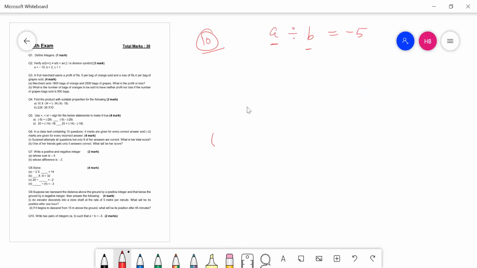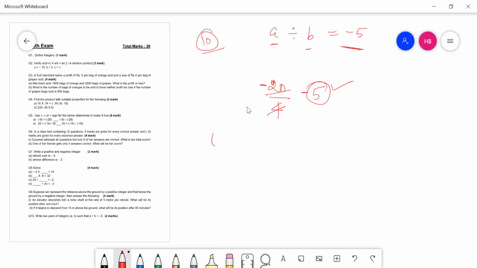Again, there can be many answers to this. One such answer which you can find is 20 divided by 4, right? 4 fives are 20, so I get 5 as an answer, and make one of them negative because my answer is minus 5. You want the answer as minus 5, so your answer has a negative sign.